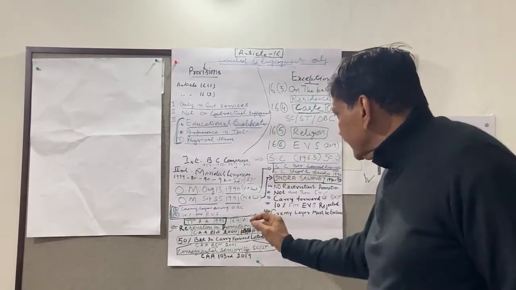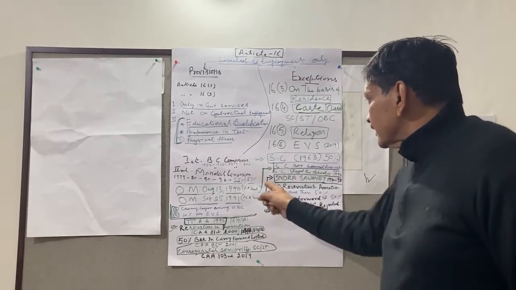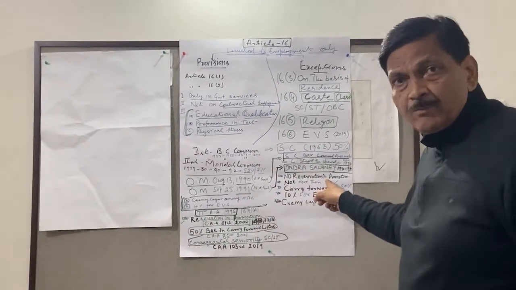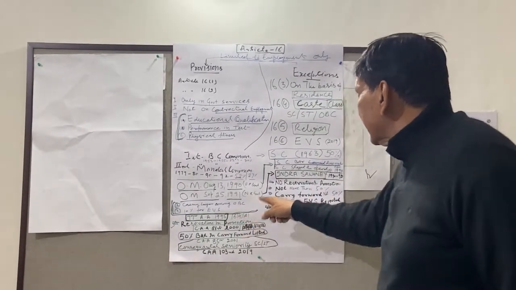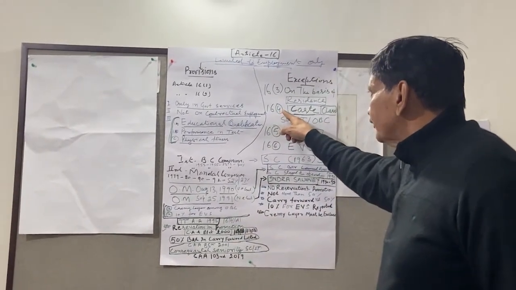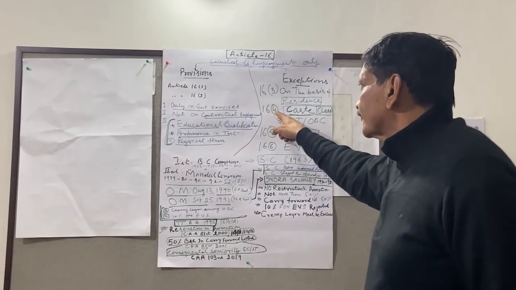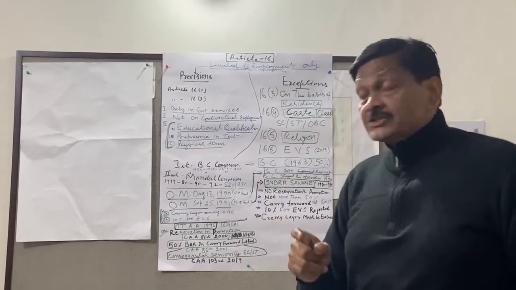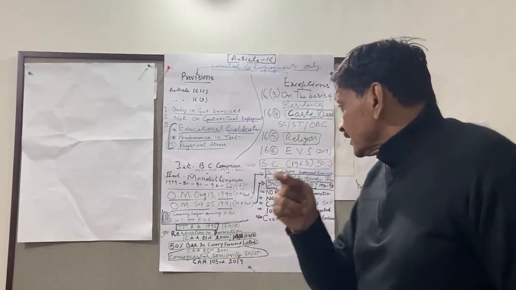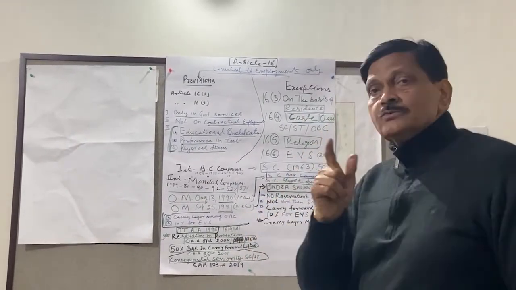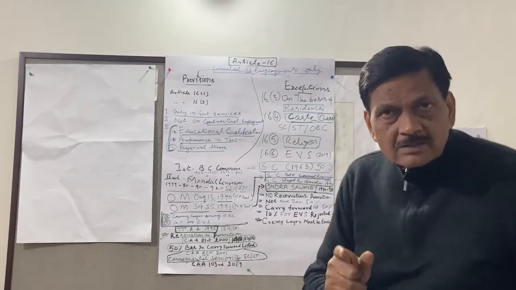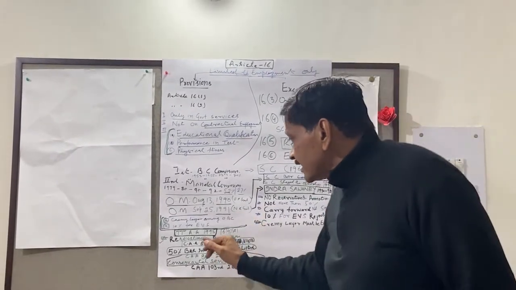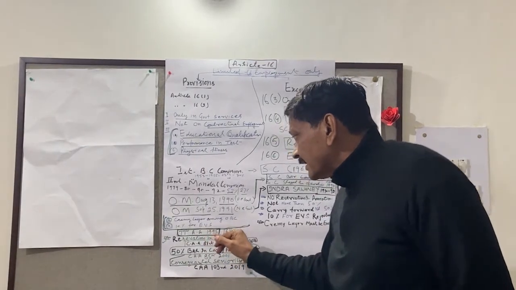This clause was added against the verdict of the Supreme Court which prohibits reservation in promotion. Clause 4a was added. It clearly mentions that there should be reservation in promotion also. Keep this thing in mind for competitive examination. This was 77th Amendment Act carried out in